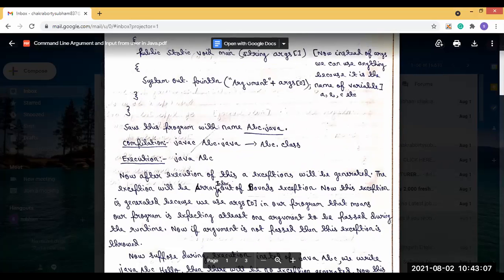It will be generated because we used args[0] in the program. That means our program is expecting at least one argument, because args[0] is the first index.